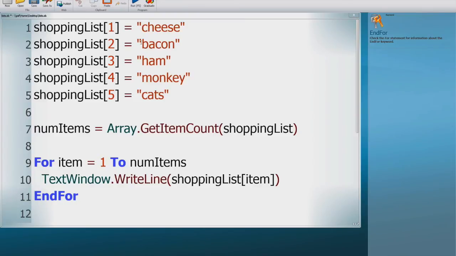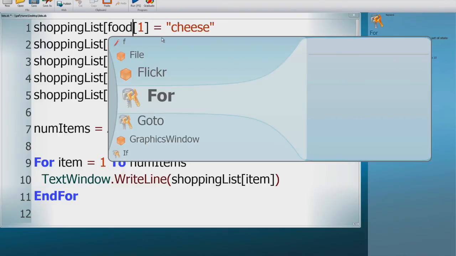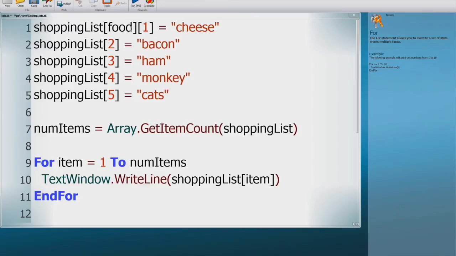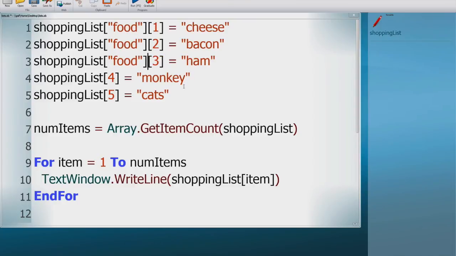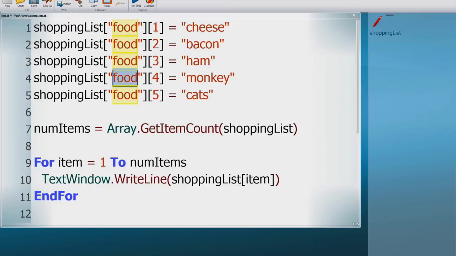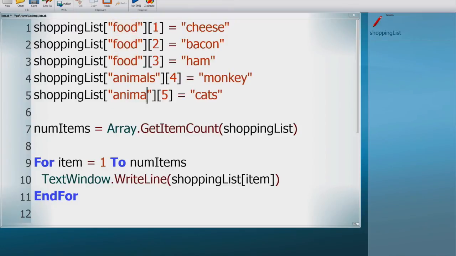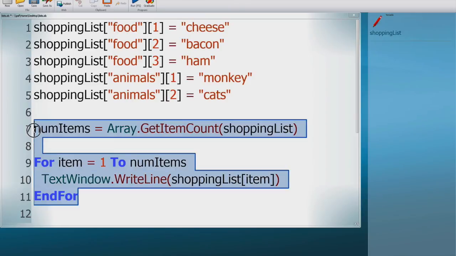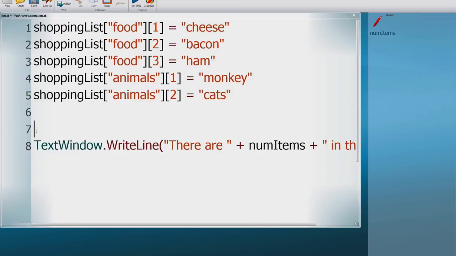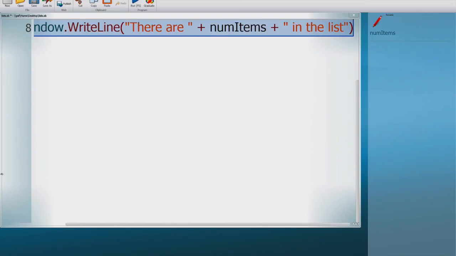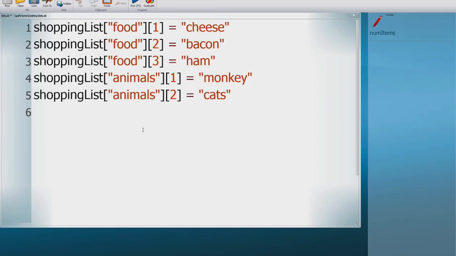So I'm going to start looking at our shopping list, as we probably want some food items in our shopping list. So I'm going to have a food section. Now notice that food is a word that the computer can't understand, so even though I'm using it as a label for this array, I still need to put it in speech marks. So I'm going to copy this idea of having food items, and I'm just going to paste it into the food items. Now, bearing in mind that monkeys and cats aren't really made to be eaten, we're going to change this to be our animals section of our array. These can go back to numbers 1 and 2, and I'm going to lose this for now. Oops. So we've now got these